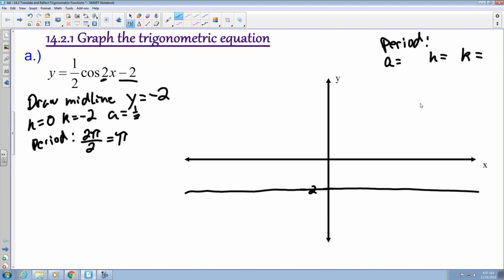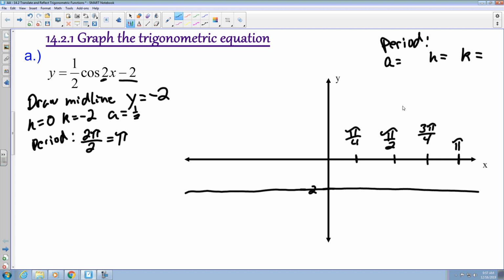So since the period is pi, I'm just going to put pi over here because that'll be my value for my period. And I'm going to break this up. Here I got pi over 2. I got pi over 4. And I have 3 pi over 4. So hopefully, using these points here, we'll be able to figure out coordinates for